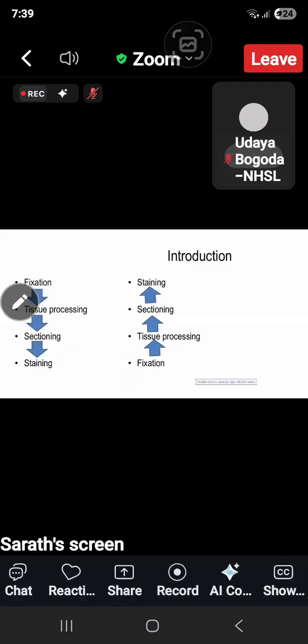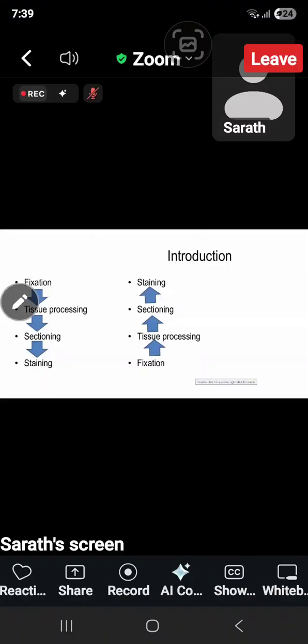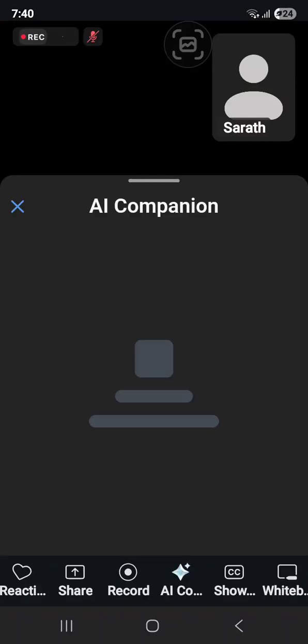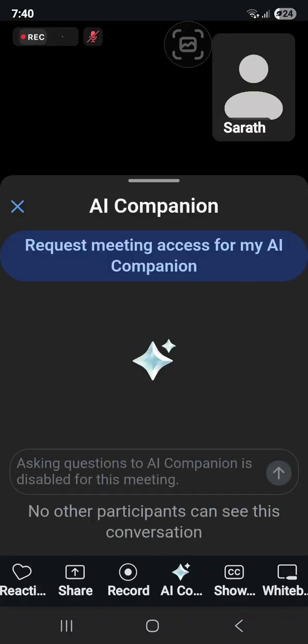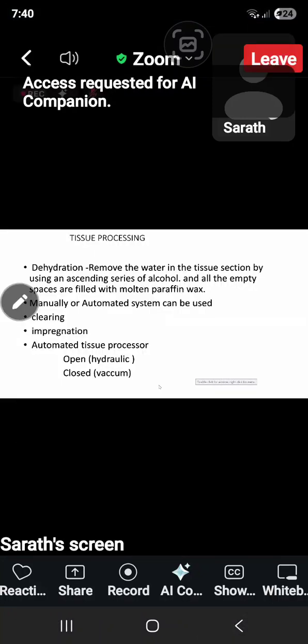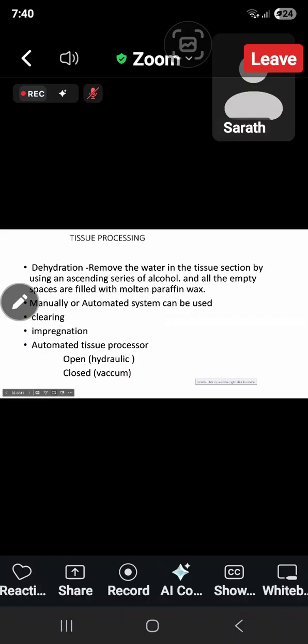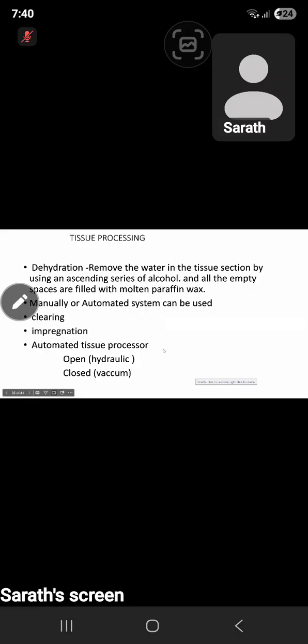Right. I'm going to do the fixation, tissue processing, sectioning, staining. These are the topics which I have got. I'm going to cover up these things. I think that already Mrs. Subha has done the previous things. So today I'm going to start with processing first. Right. In the processing,